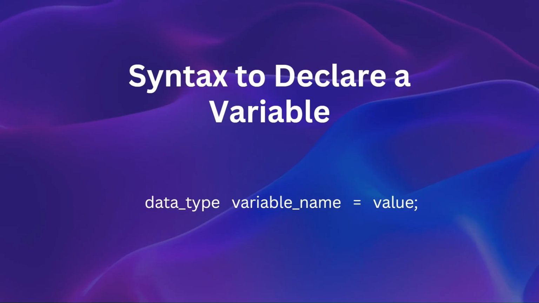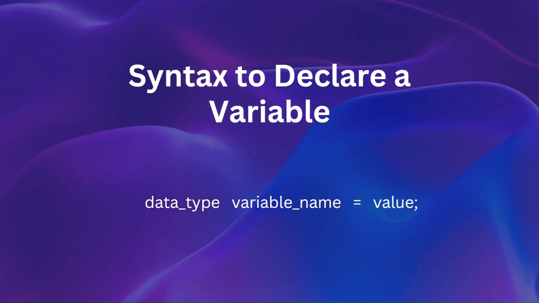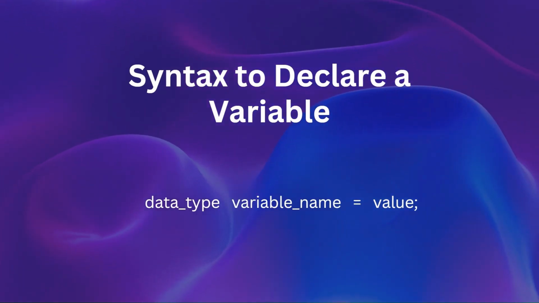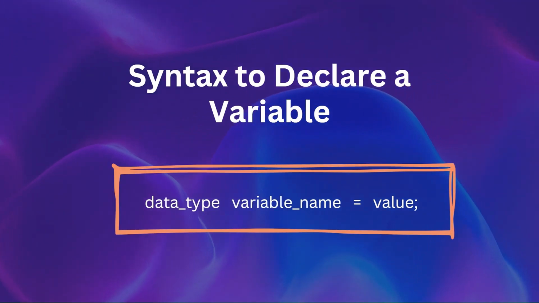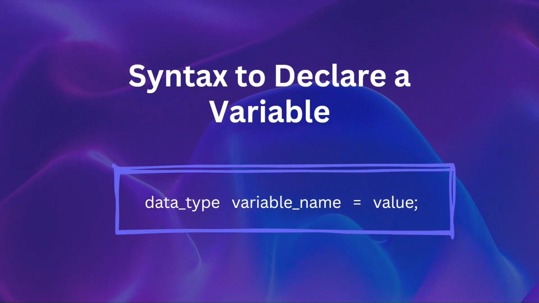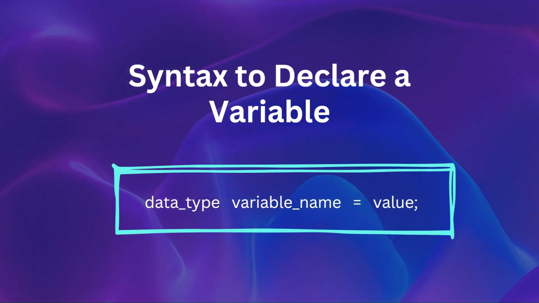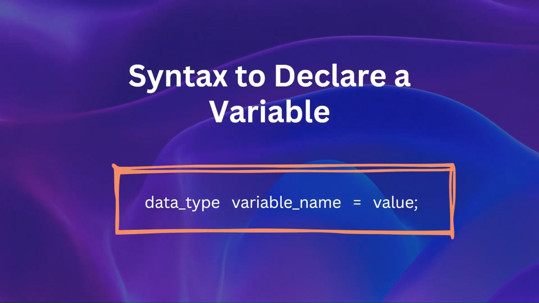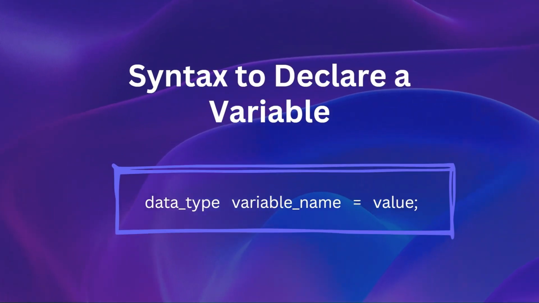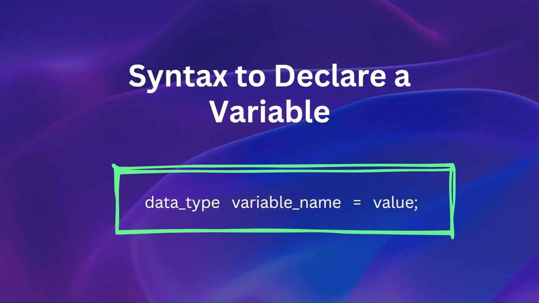Now let's talk about how to declare a variable in C++. The basic syntax is really simple. You write the data type, followed by the variable name. You can also assign a value right away using the equal sign. For example, if we want to store the value 25,